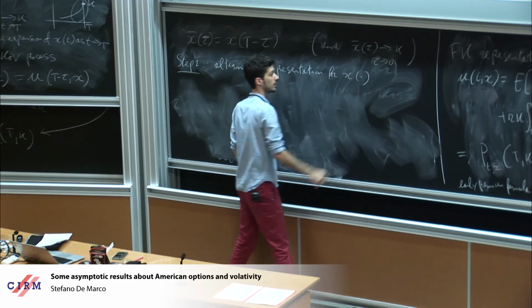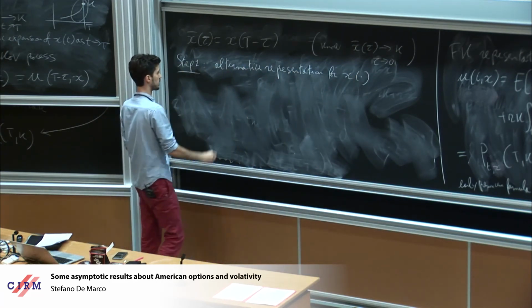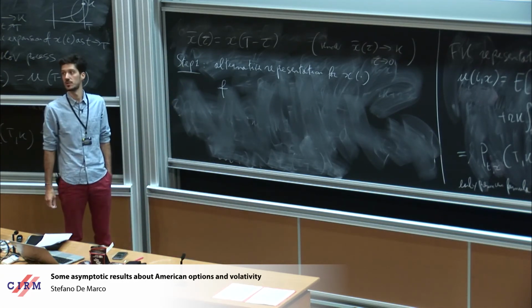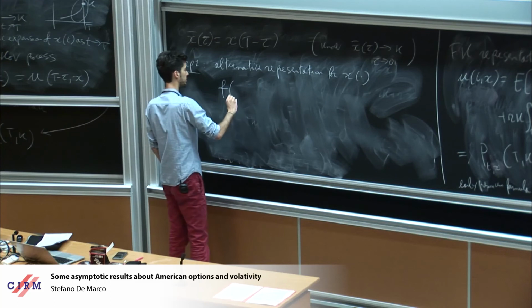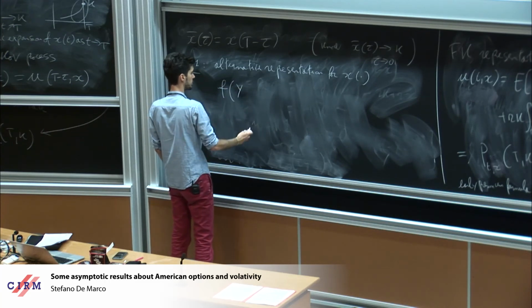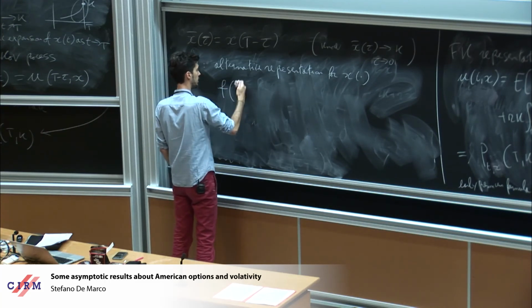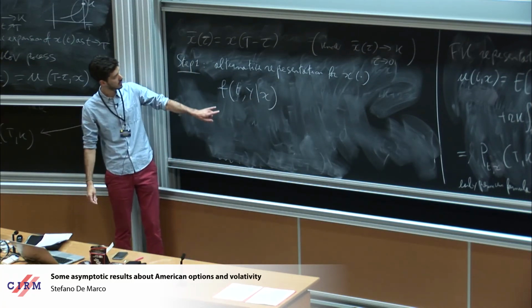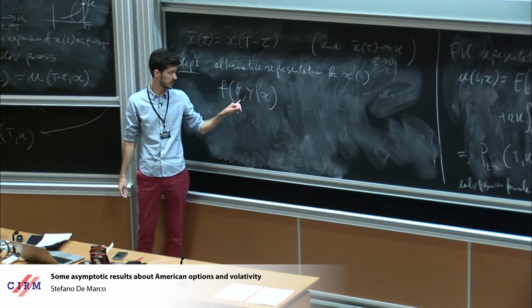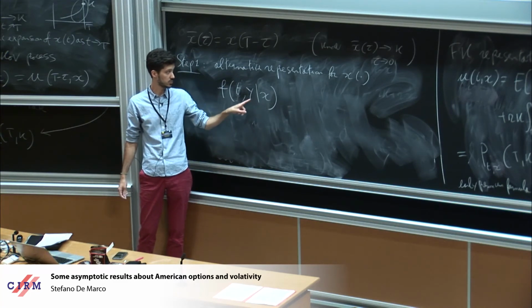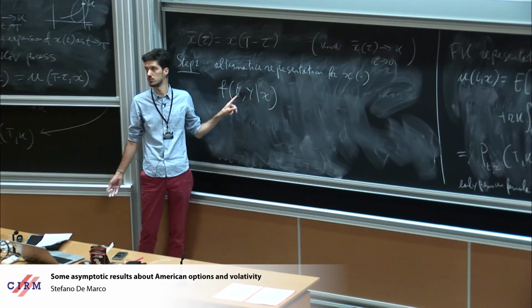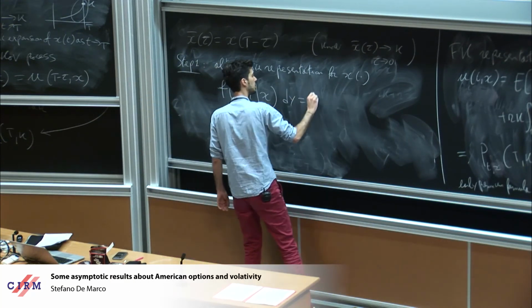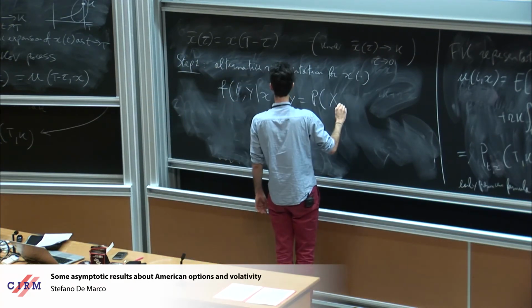Okay. Which is written in terms of what? In terms of the density, the transition density of my process. Okay, so I will denote, if you forgive me for introducing notation now, f of t, y, x. This should be readable. The transition density of the process from point x to point y in time t. Homogeneous Markov process, we only have a time lapse. Okay, so in symbols, this is